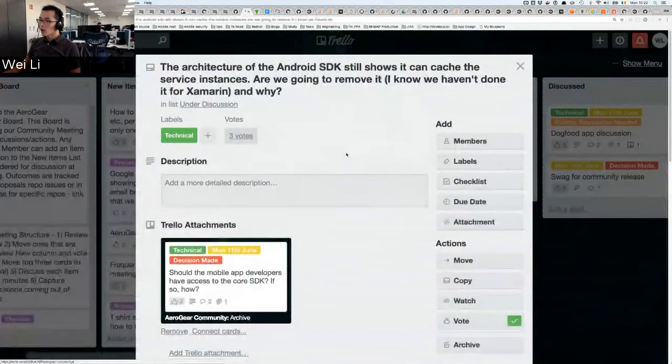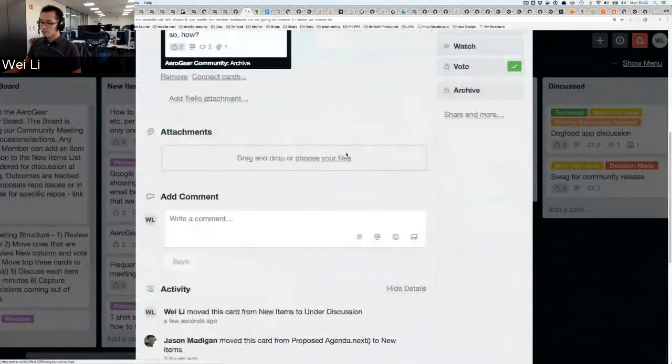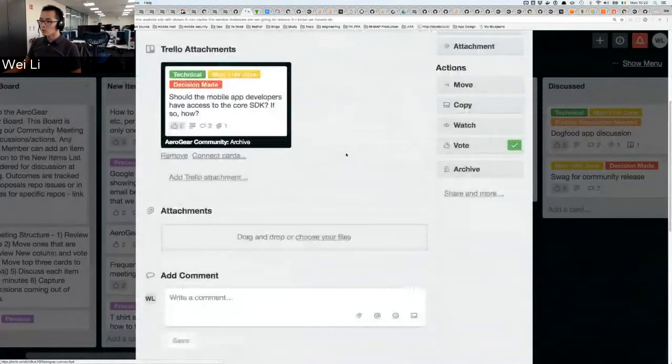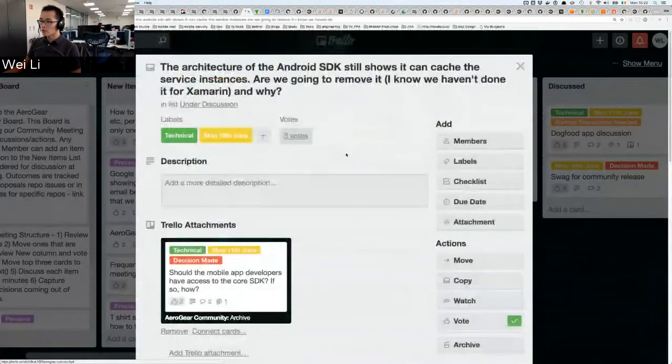I think this is not the case on some other SDKs, so the question here is, are we still doing the same thing for the Android SDK, or should we remove its function and align it with other SDKs?